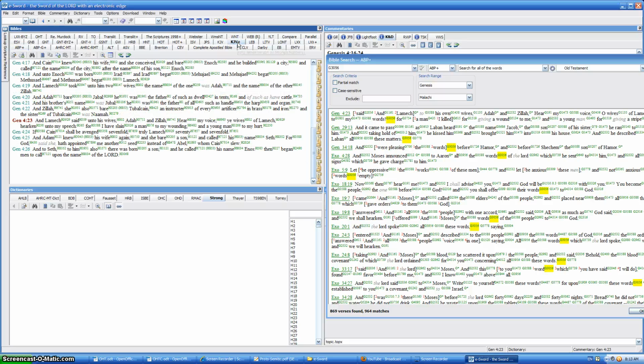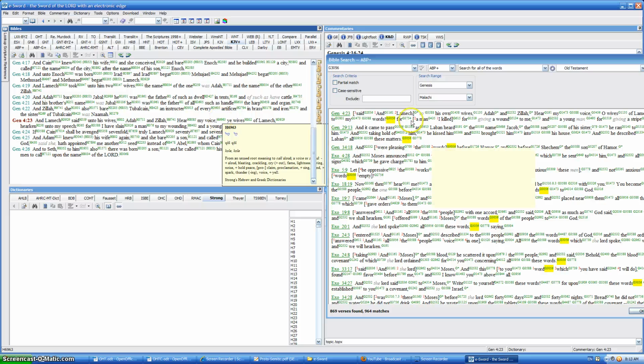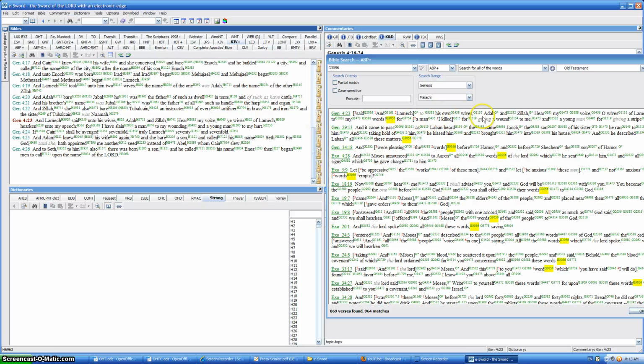So we select that, open it up, and now we have the Hebrew Strong's Concordance listed for all the words. And over here we have the Greek listed for all the words. So what we're going to do next is find where in this verse this word for words is. And what we come to is this word for speech. So we look up here to the Strong's word, and we find that in this particular instance, the Hebrew word